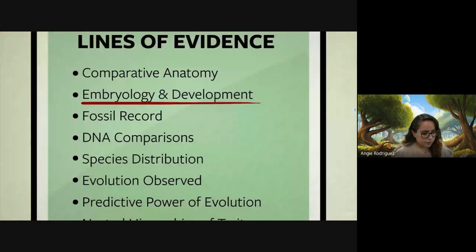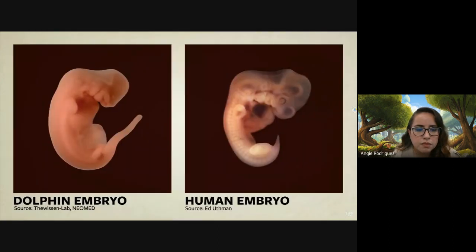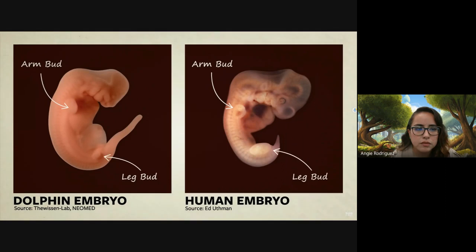Embryology is the study of how creatures develop before being born or hatching from an egg. Here we see a dolphin and a human embryo side by side at similar stages of development. Notice that they both have what look like arm buds and leg buds. In humans,